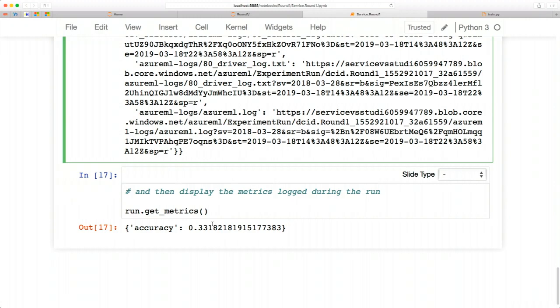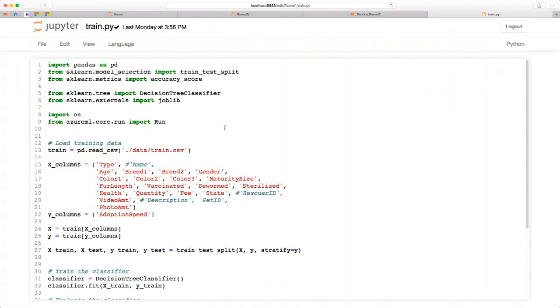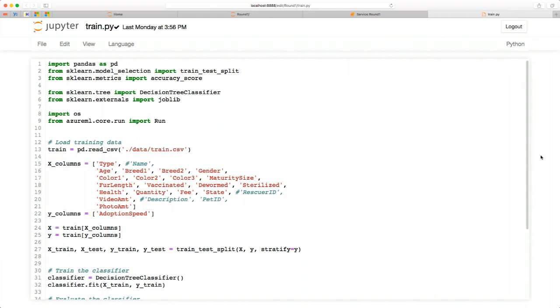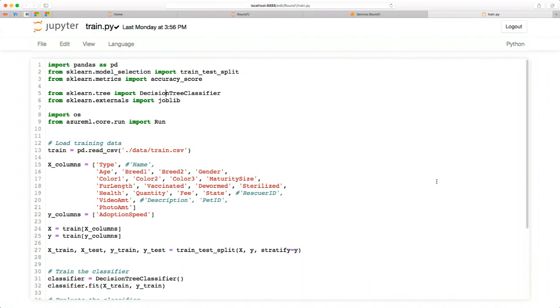And you're going to ask, OK, this is all fine and dandy, but I didn't understand anything, right? It doesn't make sense. Because the magic is here in the train.py document. This is the script that includes the code that trains the model. You do need to know a bit of scikit.